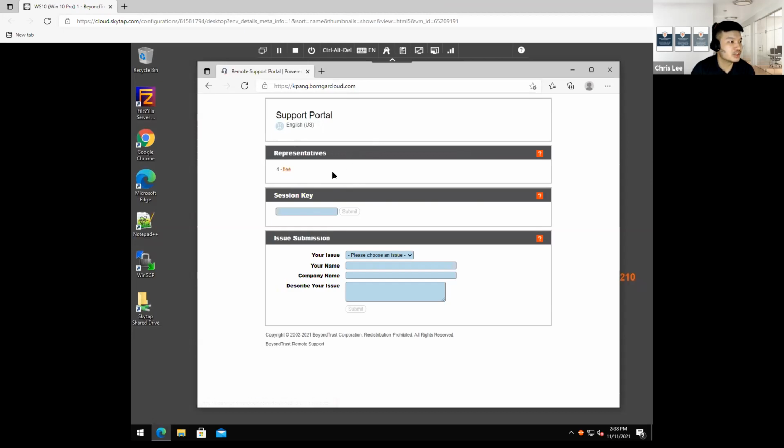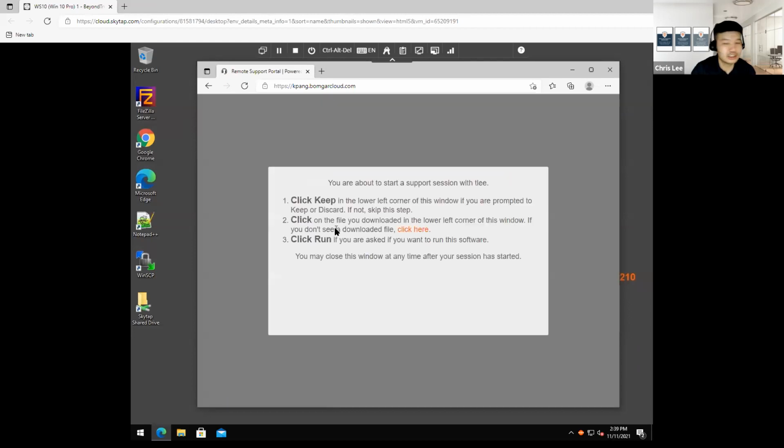As soon as we land on the website, we just click on someone that is online to serve you. Or if we have pre-communication via email, we can enter a session key to route directly to the correct support personnel. Or we can log a case as an issue, which will route to a support personnel who is an expert in a certain area. For example, I have a VPN issue. Once I log this as a VPN issue, I will be routed to someone who is an expert in troubleshooting VPN networks, right? So with that, I'm going to click on the link as the user so that I can get help.